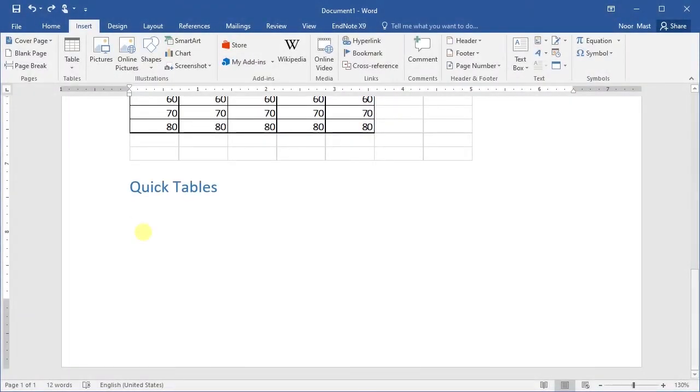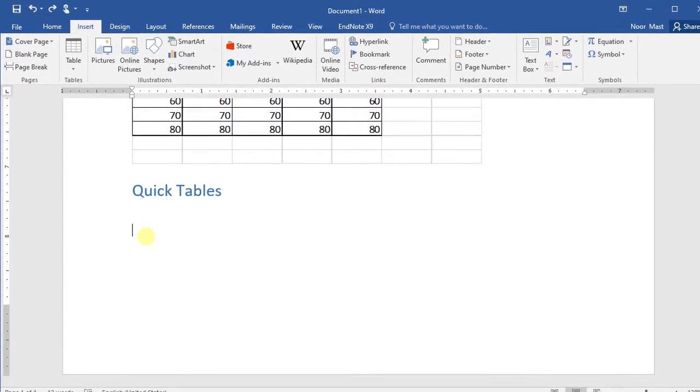The fifth method to create a table in MS Word is the Quick Tables method. Quick tables are actually table templates. MS Word provides 9 templates. In addition to these 9 provided templates, you can create your own design, then save it to the Quick Table Gallery as a template to use at a later time.